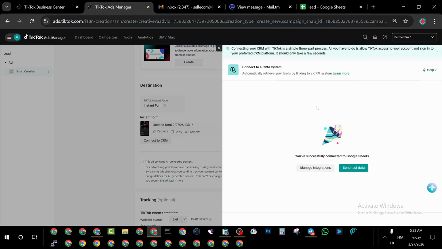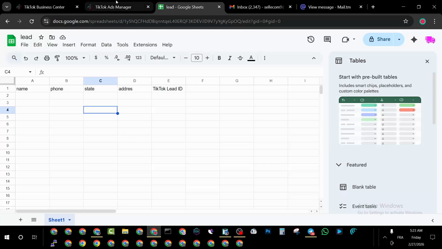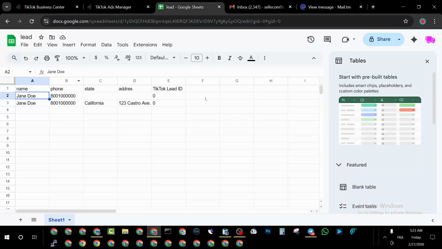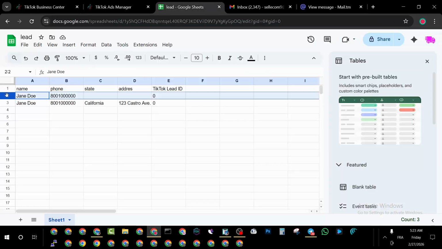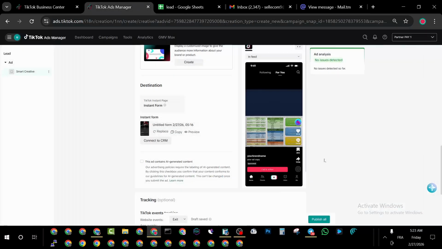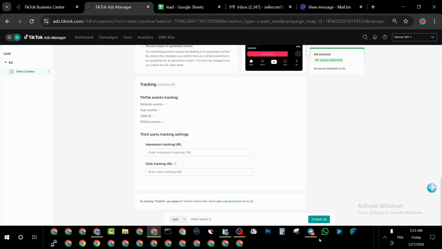It's a classic quality versus quantity trade-off, and this is such a really important concept for you to grasp. If you ask for just an email, you will get a ton of leads, hundreds of them maybe. Great, it's super easy. But how many of those people are actually going to pull out their credit card and buy? Probably very few. It's almost too easy to submit. People might just be mildly curious, or they might even type